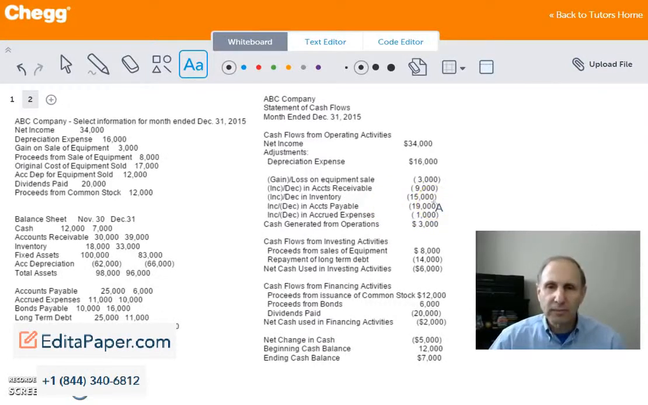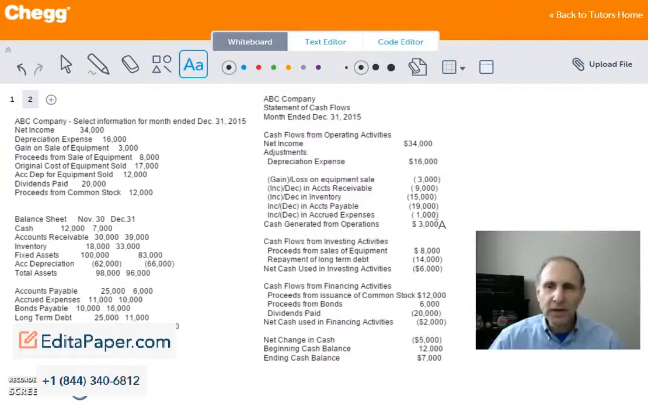of funds. Accrued expenses. We see that the ending balance for November was $11,000, the ending balance for December, $10,000. Again, a decrease of $1,000, which is a use of cash. So we add these adjustments to our net income, and we come up with a reconciled number of cash generated from operations of $3,000. That's net income less the adjustments to come up with the $3,000 cash generated from our